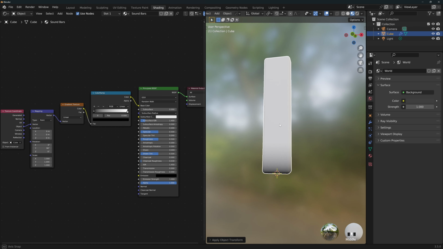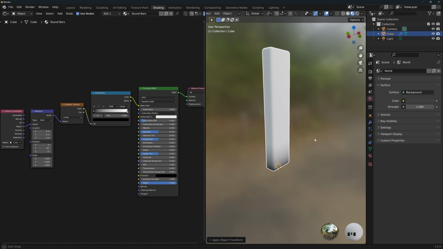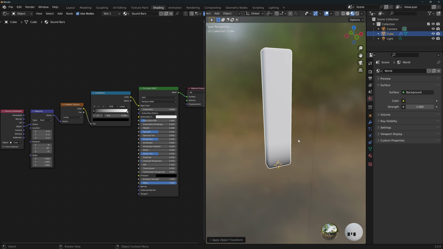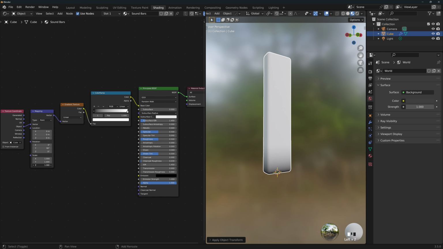Now, these couple of steps are a little tricky as the values that you'll use depend on the characteristics of your shape, but we want the gradients to cover the whole height of the shape. Here, a big part of the shape is completely black or white, and there is just a little part of actual gradient. The way I do this is scale in Z, and by the way, remember to hold shift while dragging for more precision. Scale down until the top half of the shape is covered in gradient. Don't worry if it's not 100% exact, we'll fix it later with the color ramp.